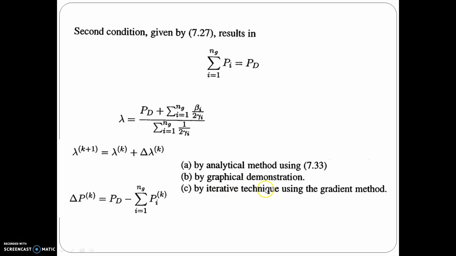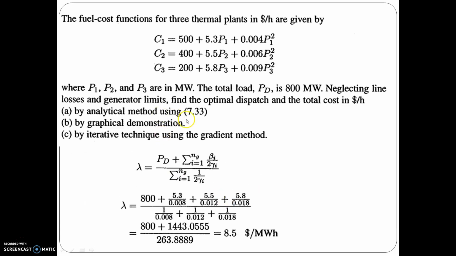The iterative technique is nothing but assuming a suitable lambda value initially, then we get the individual generation. Then we find the deviation of total generation from the demand. Based on this deviation, we can increase or decrease lambda by a small value, which gives the new value of lambda. So using these two equations iteratively, the exact answer will be calculated using this gradient method. This is a typical example